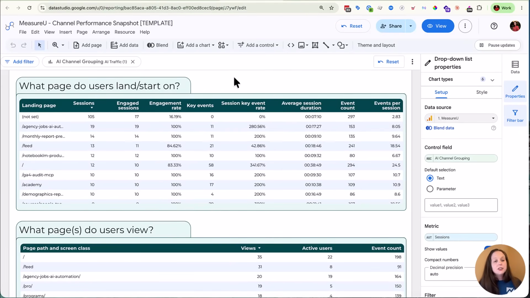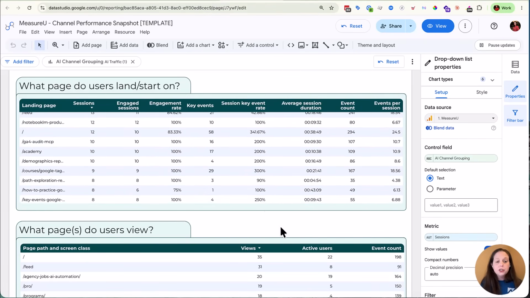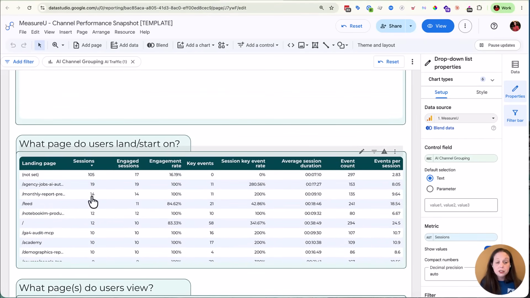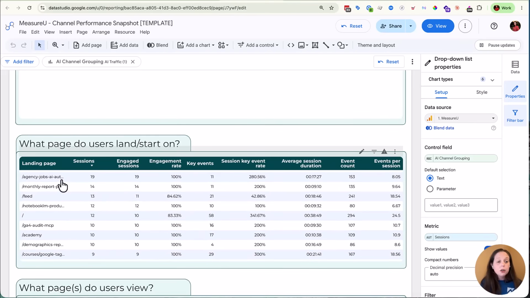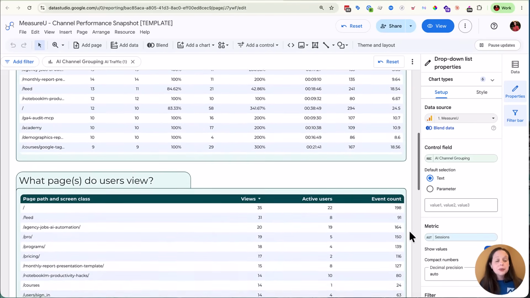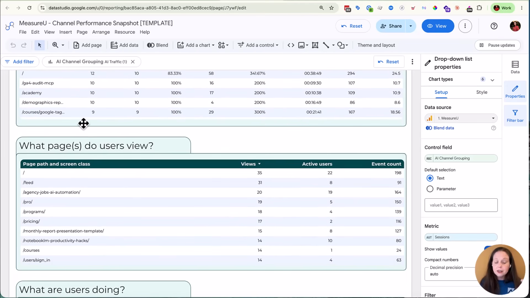So what page do they land on, or AKA what page do they start on, is a little bit more layman's terms. Then we're going to talk about, hey, what do they view? So this right here tells us what page they start on, like maybe what blogs or what things are getting that AI traffic. Then what other pages do they view? If it's not the first page, maybe the second or third page, or whatever pages that they might be engaging